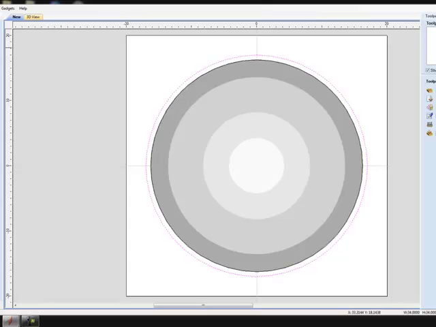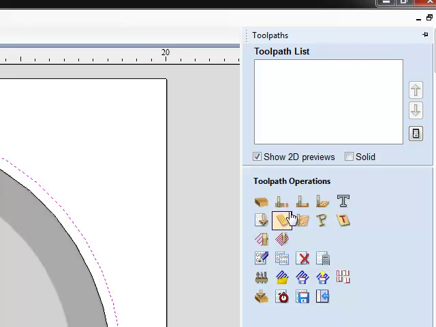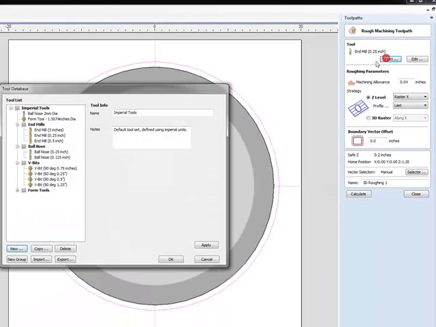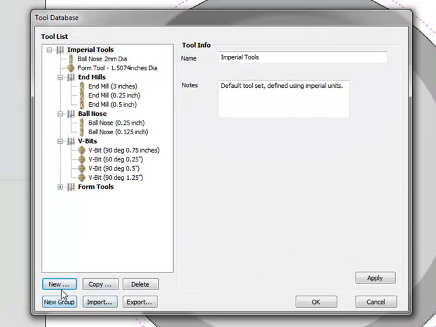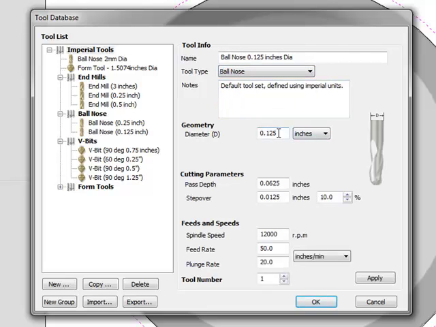Okay? If we were to, I'm going to make me a big old bit. Make me a big old ball nose bit. Master, will that support a 1-inch bit, a 1-inch end mill? That's the size of your